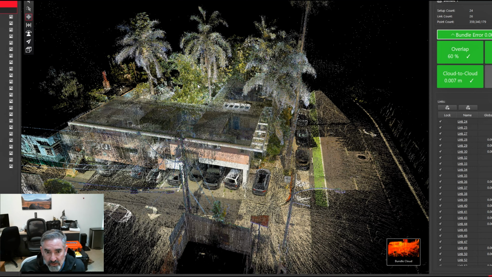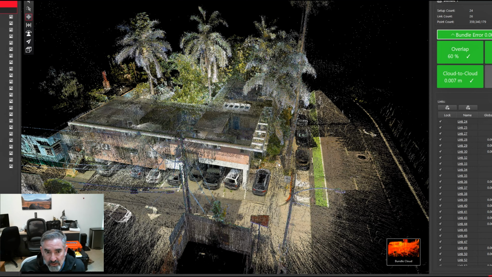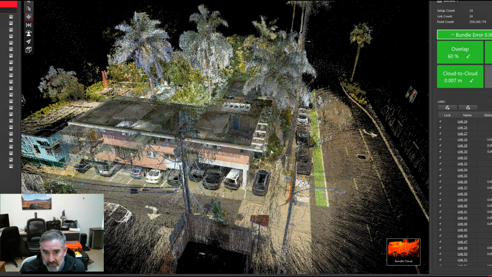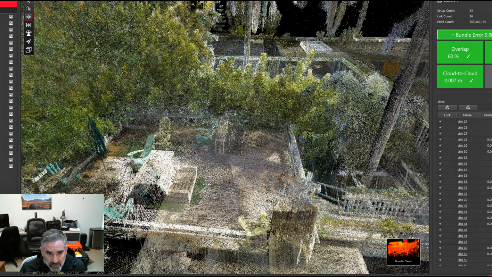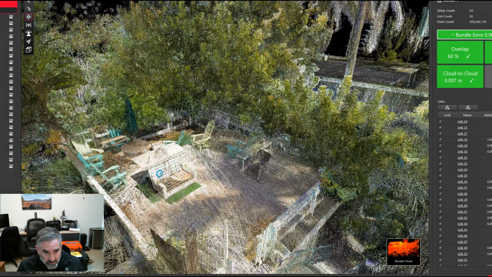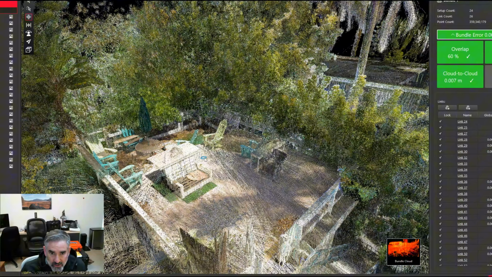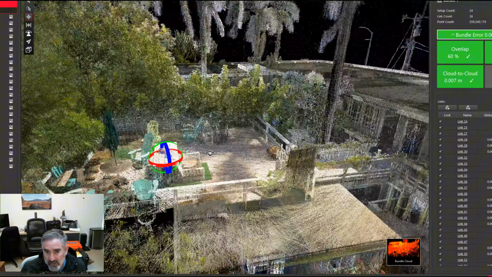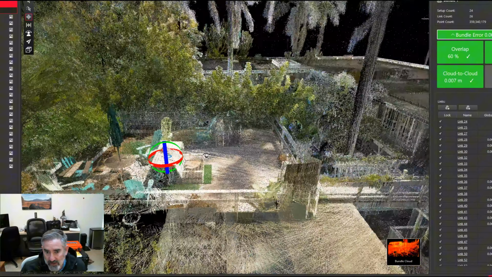So this is a point cloud model. We are going to change this to color from scanner so you can see kind of what we're dealing with. Heavily vegetated site. There's a deck here, with some chairs and a little rooftop viewing deck. Lots of vegetation around it, and as we go lower, you could see, what's really cool